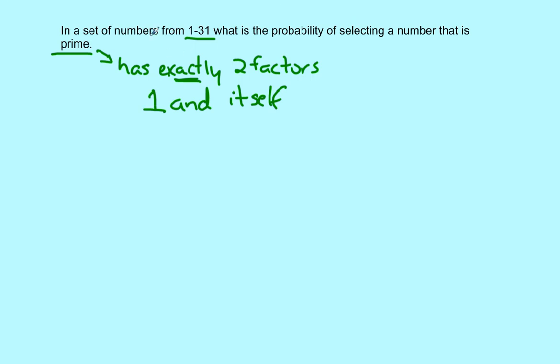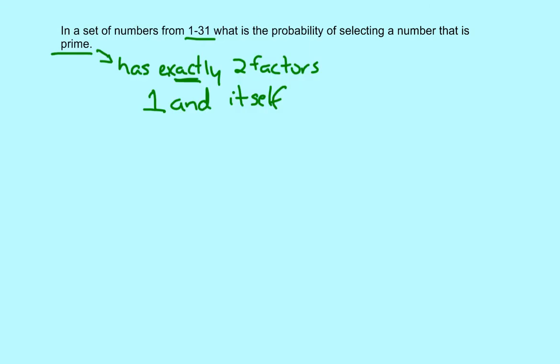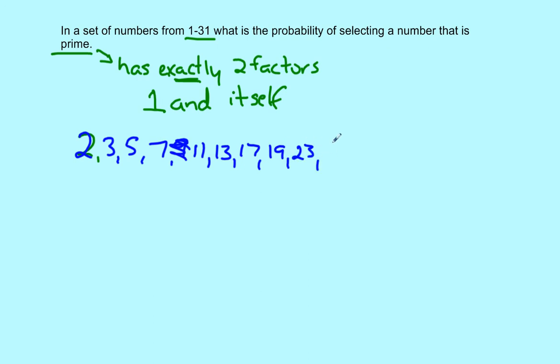So we look at all of our numbers that are prime between 1 and 31, and in case you don't have those memorized, you could always go online and Google first 1,000 prime numbers, and you get a list that comes up like this, and the 1,000th is 7,919. Okay, whatever, but that gives us what we need up to 31, so we can list these out in blue here. So we have 2, 3, 5, 7, not 9, 11, 13, 17, 19, 23, 29, and then 31. Okay, so all these are prime,